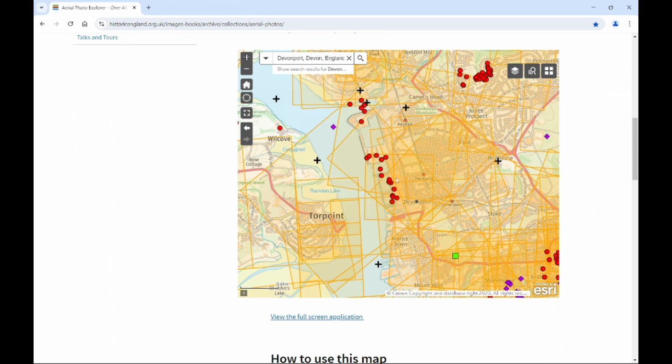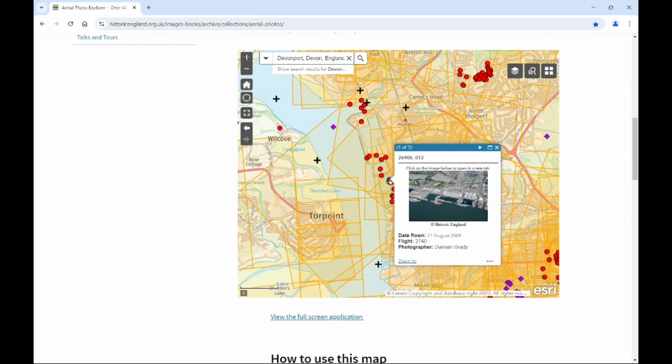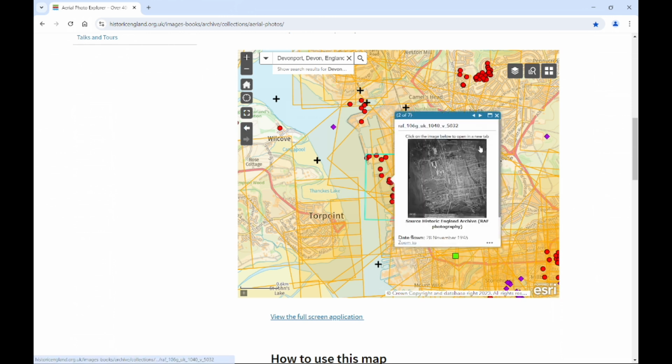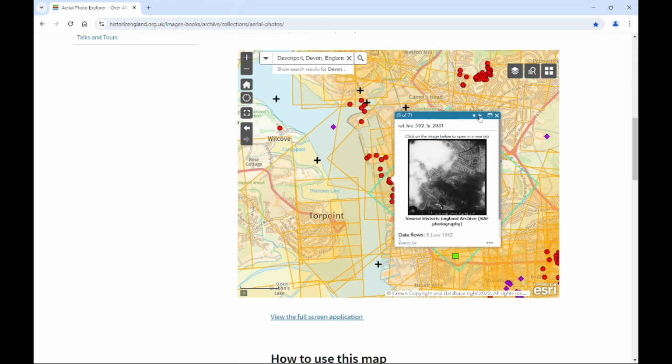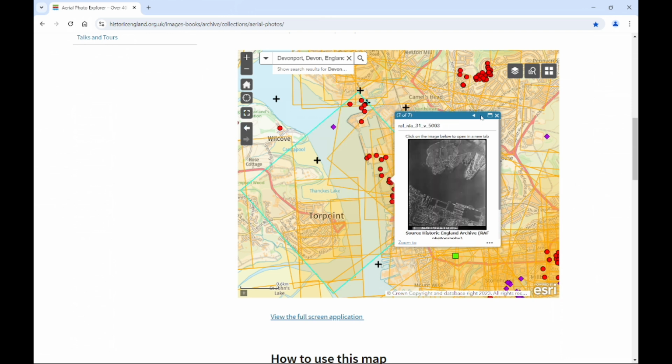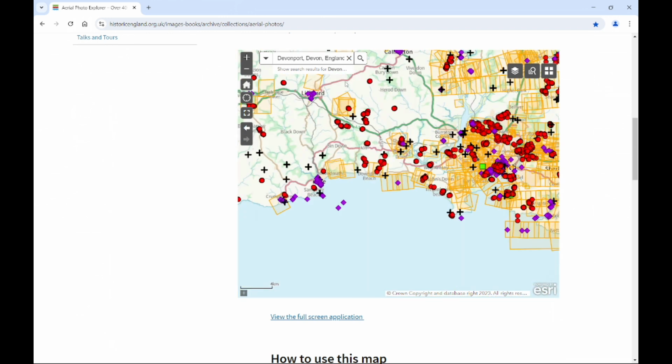So it's great for researching not just places, but things as well, ships and planes and all kinds of things, and there are just hundreds and hundreds and hundreds of pictures in here. So to give you an example of that, I found one a minute ago